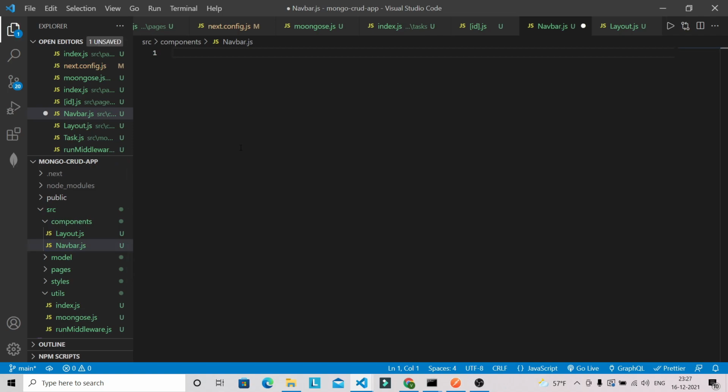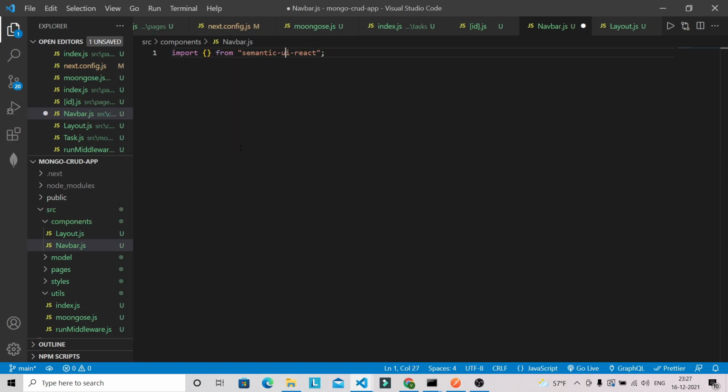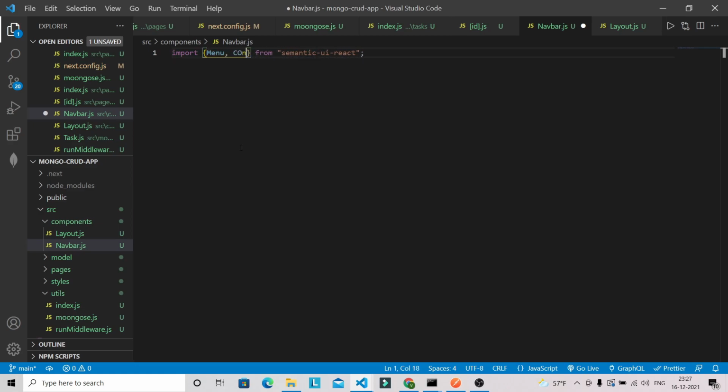And so in navbar.js we have to bring some components from Semantic UI React. The components are Menu, Container, Button. And we are also going to bring Link from Next.